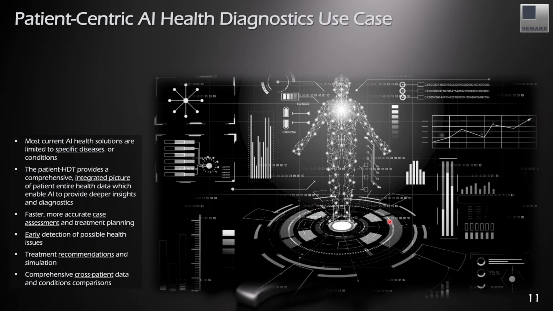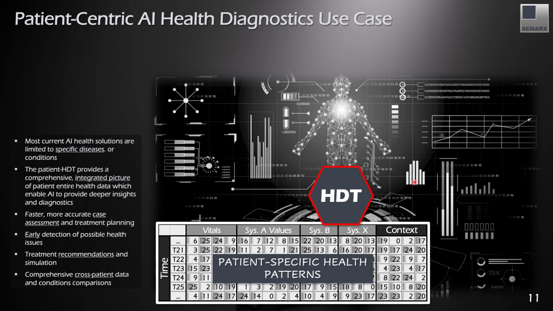The last use case is health. Most AI health solutions right now are disease specific. They take one or two systems of the human and collect the data around them, and then they detect diseases and so on. The idea of the human digital twin is more comprehensive, so that we can have a record of all of the systems of a patient. It's a patient human digital twin that captures all of their history and diagnostics in certain contexts,